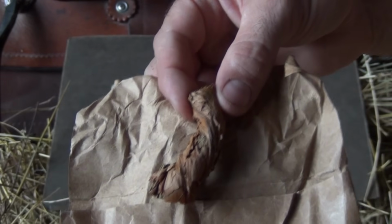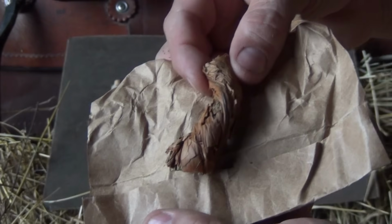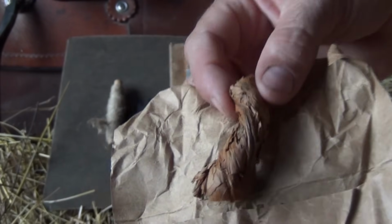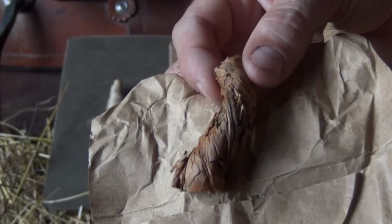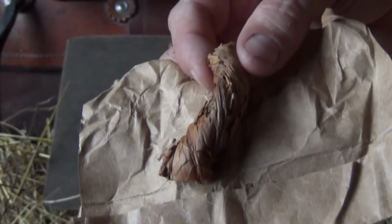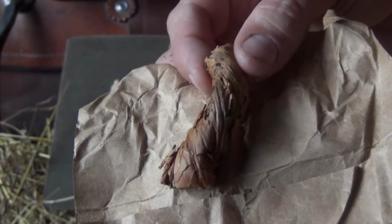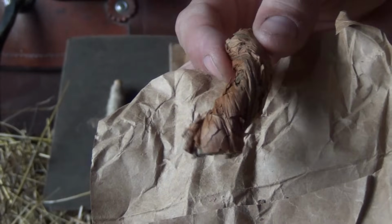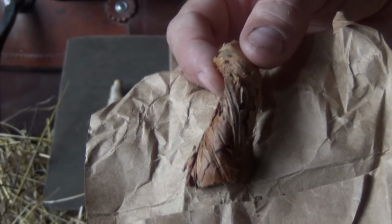It's useful for boils, for skin irritations, for sores, bruises, and strains. So it's really good for topical applications. You can also make a tea from the leaves, and it's good for intestinal worms. It is a laxative, it's an emetic, or it will encourage vomiting. It's an expectorant, so it certainly makes you make a lot of saliva. They can use it for fainting and dizziness, as well as for headaches. And if you light some of this on fire and then blow the smoke into someone's ear, it can help